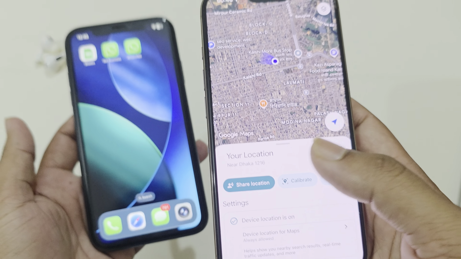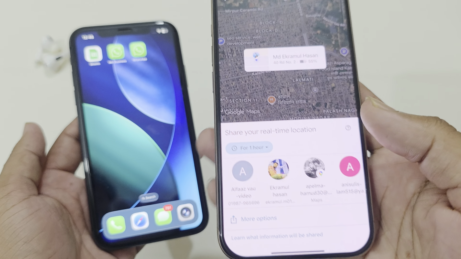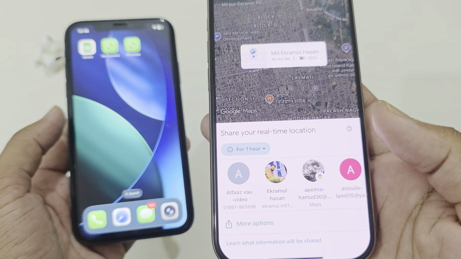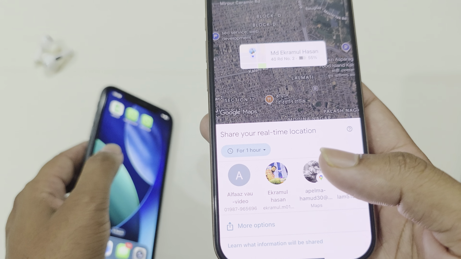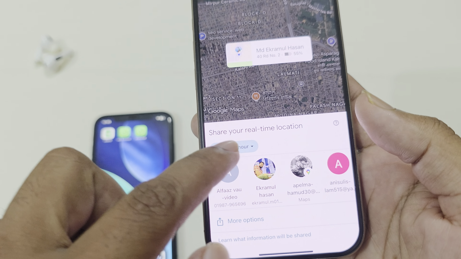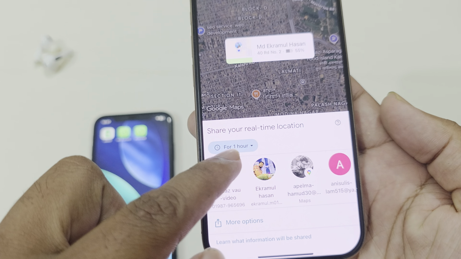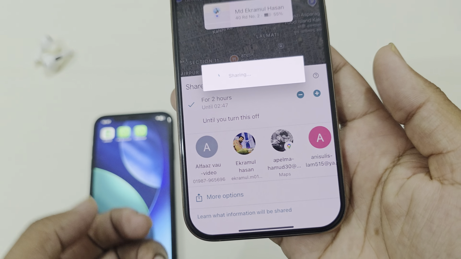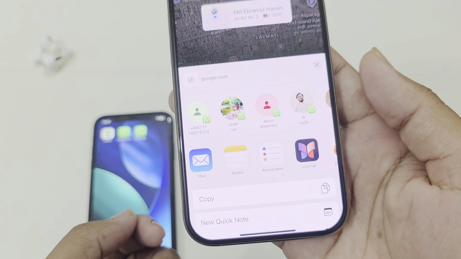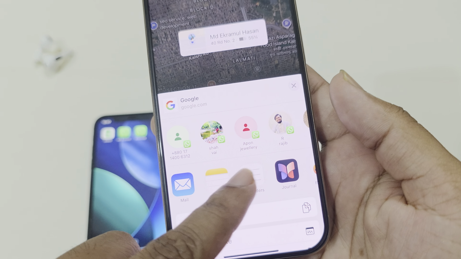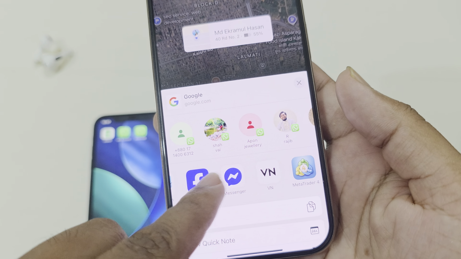In this case, let's press on share location, then here you can see the email address. Now select how much time, for 1 hour or 2 hours or anything, and then you can see the More option. Press on the More option. Now select your WhatsApp number or Messenger number, I think. For example, I'm selecting my WhatsApp number, and if you press on share,